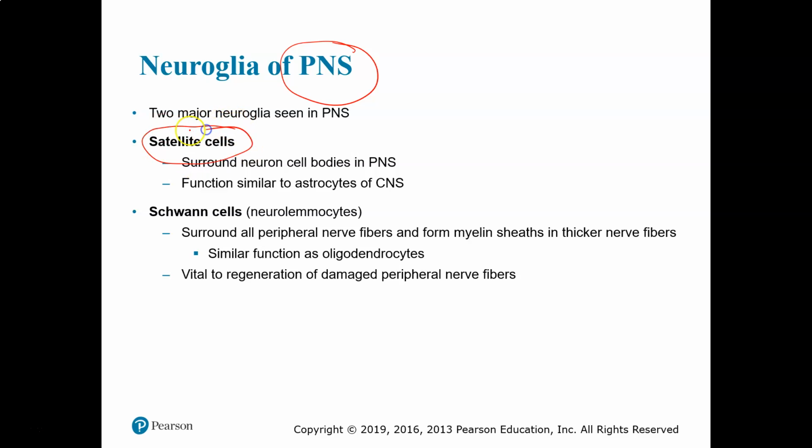Satellite cells are like those astrocytes. They're going to form a barrier that prevents your blood vessels, your blood, from coming in contact with the neurons within the PNS, the peripheral nervous system. So basically, satellite cells are found in the PNS and astrocytes are found in the CNS, and they both do basically the same job. Schwann cells are found in the PNS and do basically the same job as the oligodendrocytes in the CNS. So they form myelin sheaths around axons, which will make the electrical impulse travel faster down the